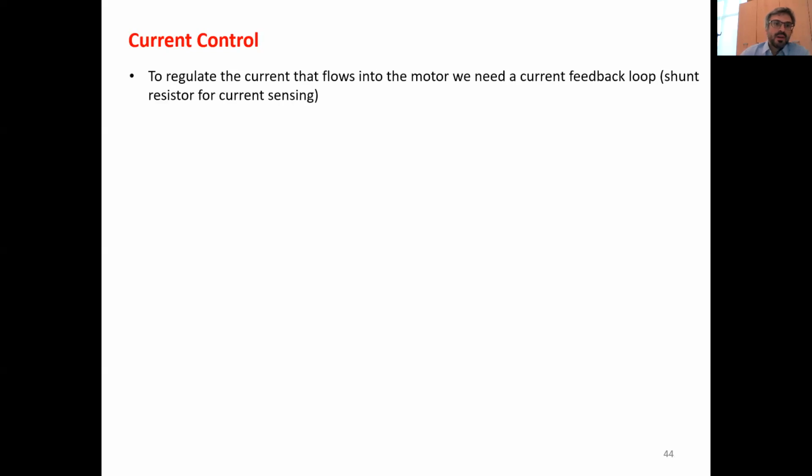We said that it's possible to control the voltage, to control the speed, but in robotics, we sometimes want to control the current, which we saw is directly related to the torque we apply to our actuator. And in this case, if we want to control the current, we need a current feedback loop. So we need to measure the current